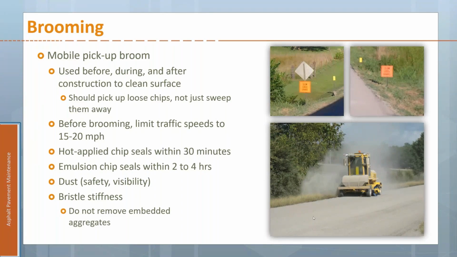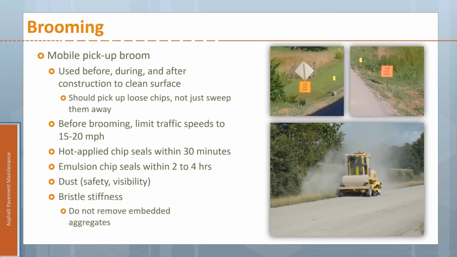You're not going to pluck too many of those aggregates out. But for an emulsion chip seal, it's more like a 2 to 4 hour thing. So usually at the end of the day, your broom truck will go through, kind of sweep and clean that up. Make sure your bristles are not so stiff that they are pulling aggregates out of the surface. And then you're going to have to go back a week later, a month later. Usually there will be some shedding for up to a month, but that's also a function of how well calibrated